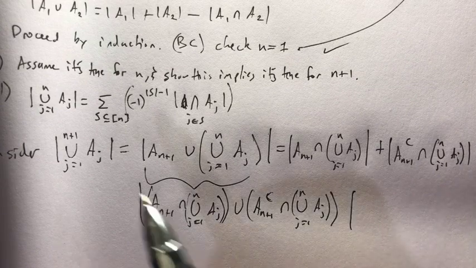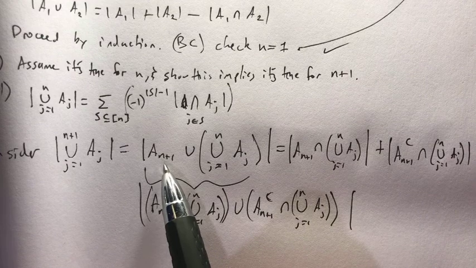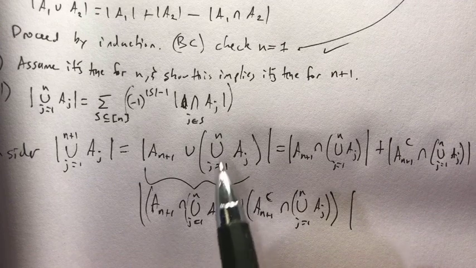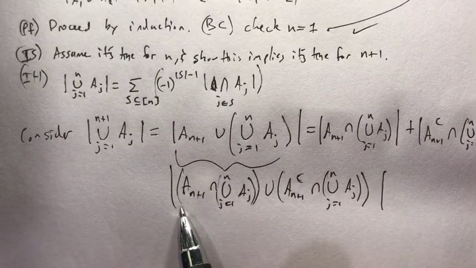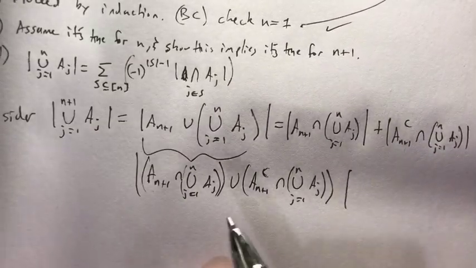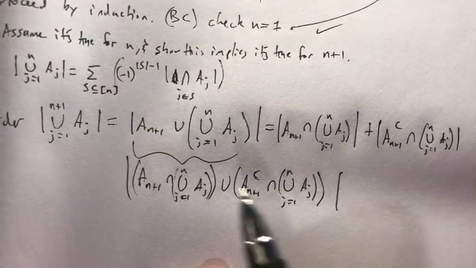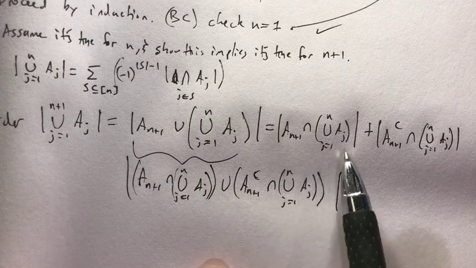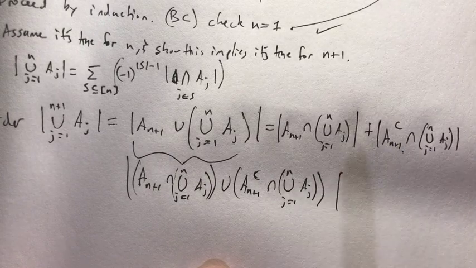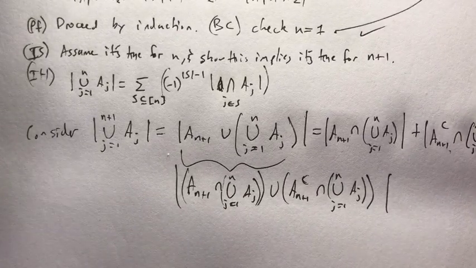Okay, so I had the union of n plus 1 sets. I wrote it as the union of A sub n plus 1 with this union of the first n sets, and that is broken up into the part where A sub n plus 1 intersects with that old union, and the part where A sub n plus 1 doesn't intersect with that old union. And by applying the corollary, I get that the size of this union is equal to the sum of these sizes. All right, so now what I need to do